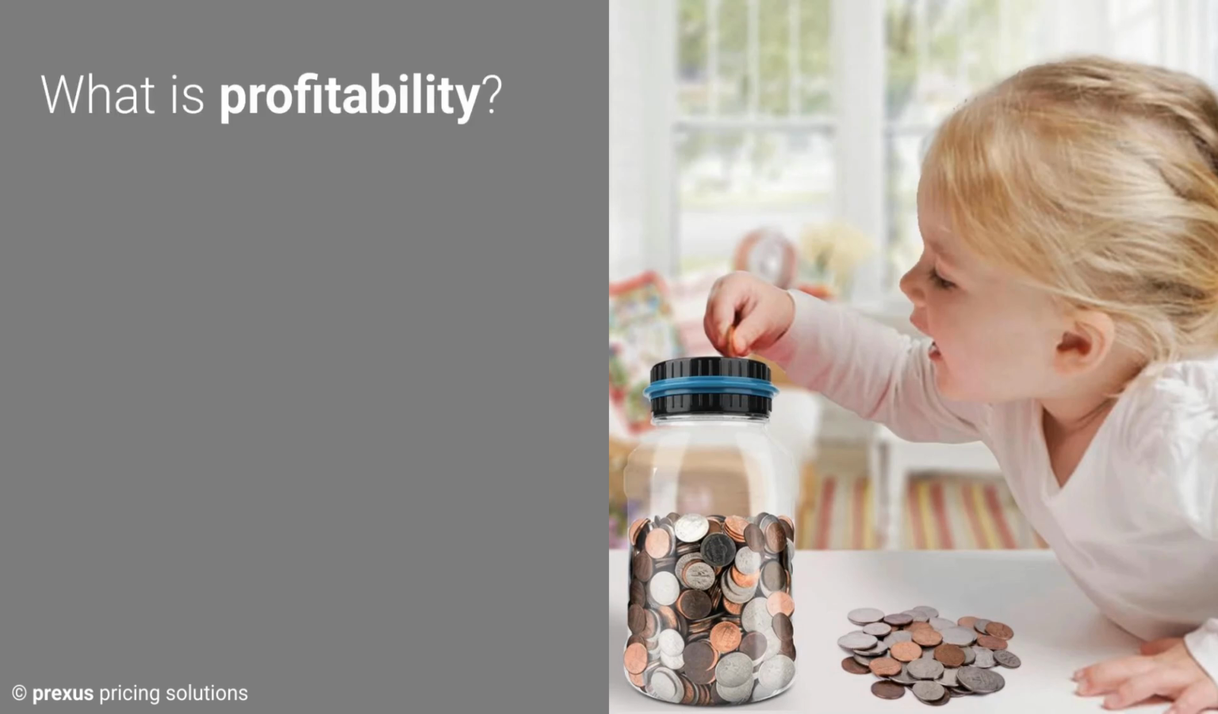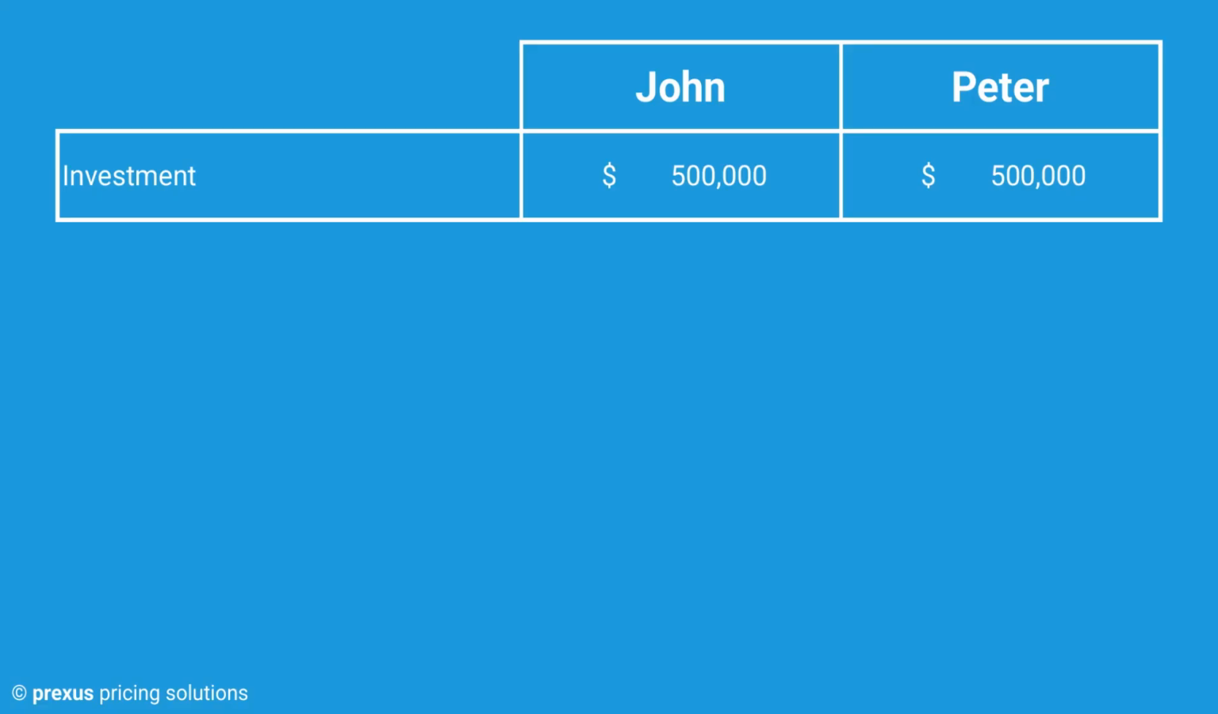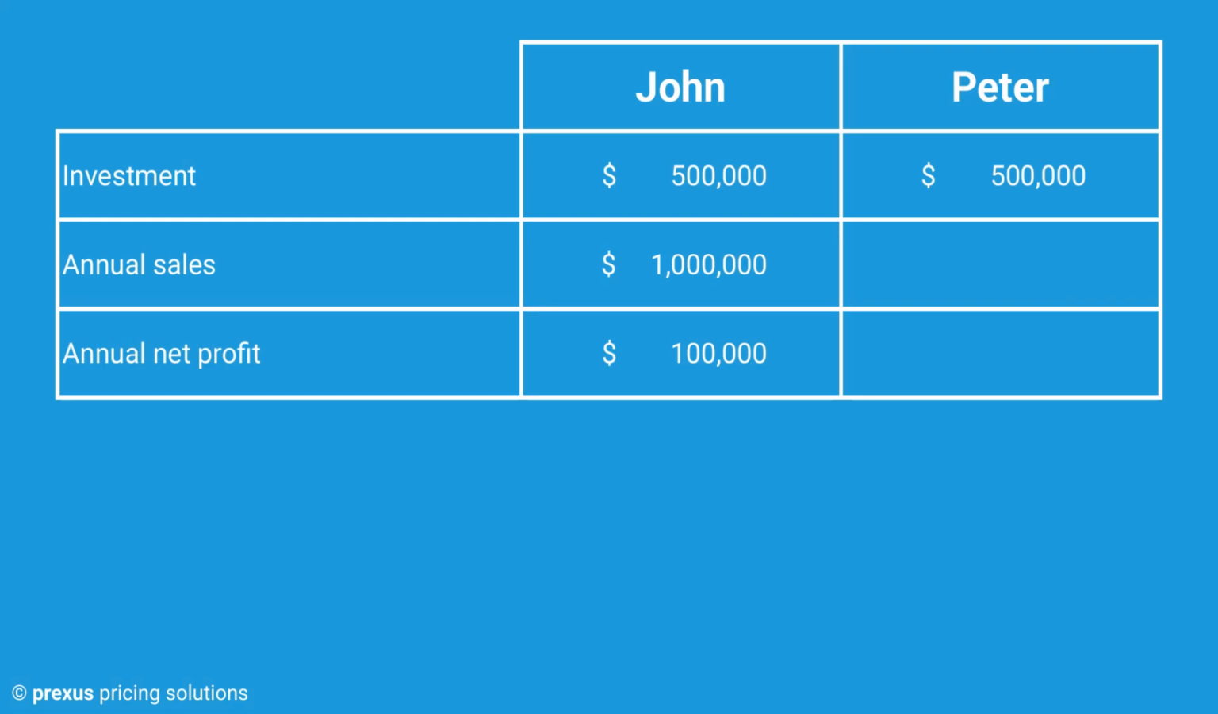But what is profitability really? Is profitability about selling more, or is it about selling with better margins? To truly understand what it means to be profitable, let's look at an example. Brothers John and Peter each receive an inheritance of $500,000. John invests his money in a business that generates $1 million in annual sales, yielding a net profit of $100,000